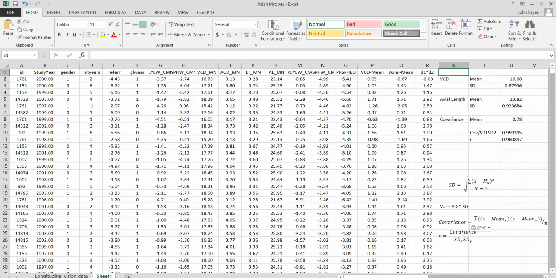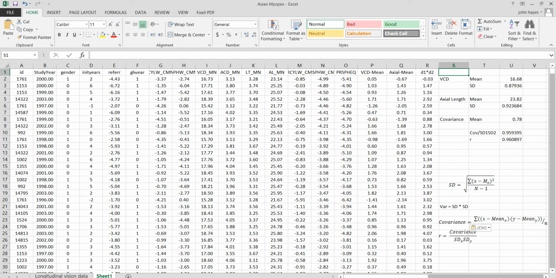I'd like to talk now about the concept of covariance. We've talked about the spread of data using the standard deviation. The standard deviation squared is called the variance, and that refers to a single population. When we talk about covariance, we're talking about two variables as they relate to each other, how their spread of